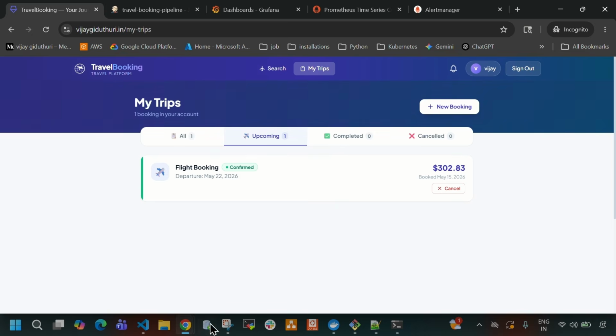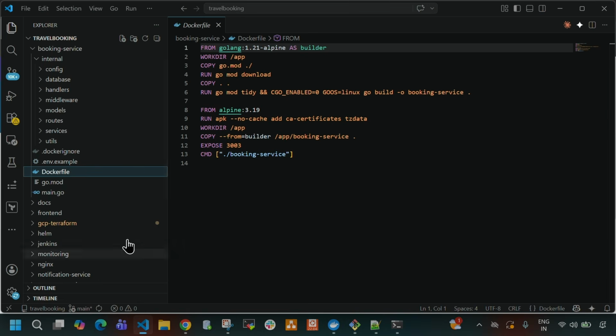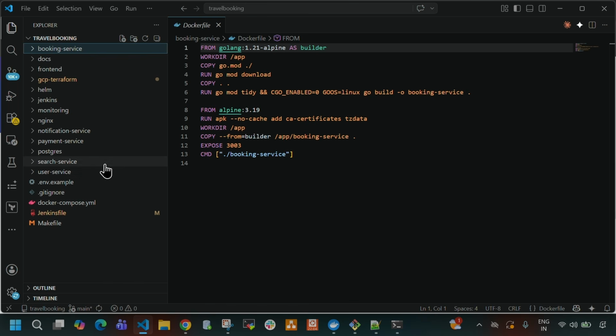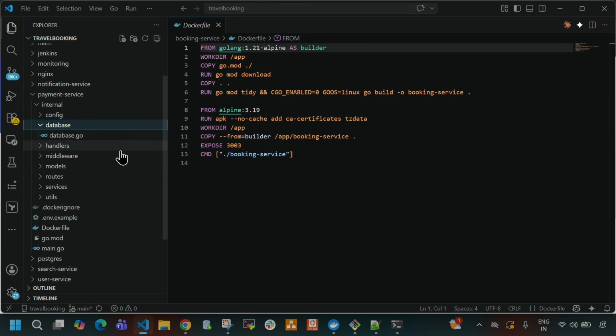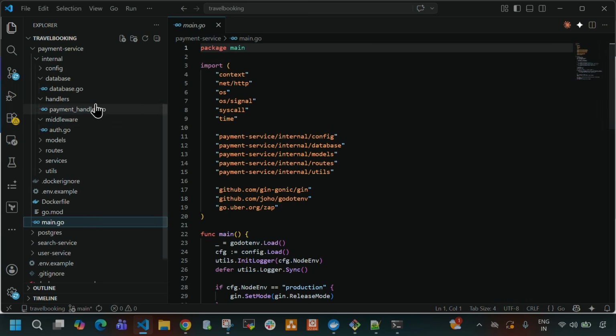This is the fifth microservice. Let me open this and close this booking service. Now let me directly jump on to the payment service. This is the payment service. Let me open main.go for the payment service. Basically, this payment service is also written in Golang, and it processes payments for the bookings,